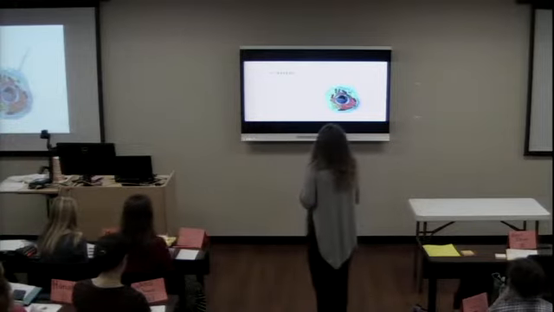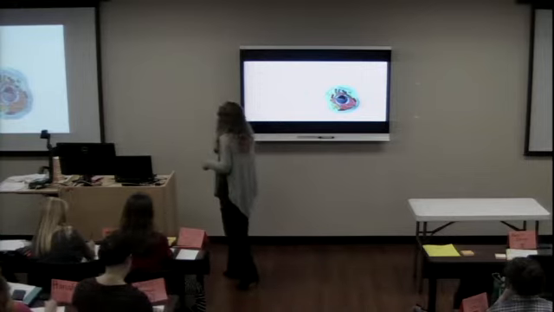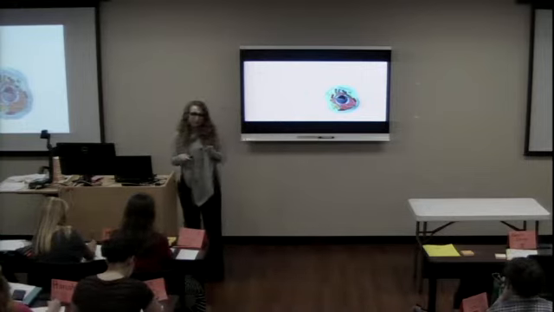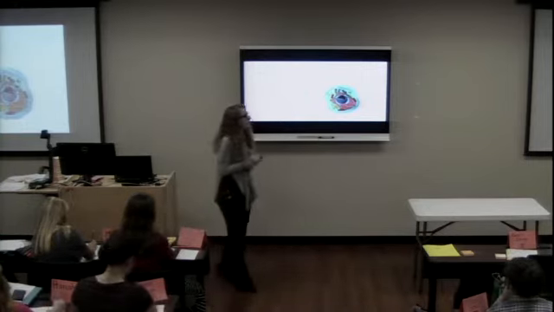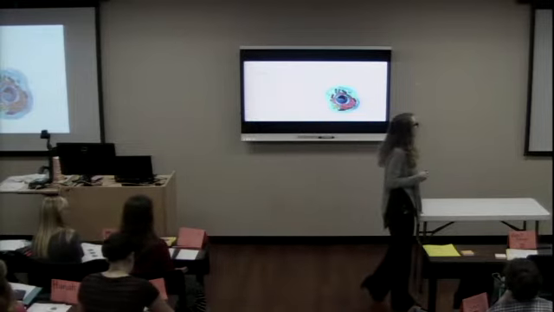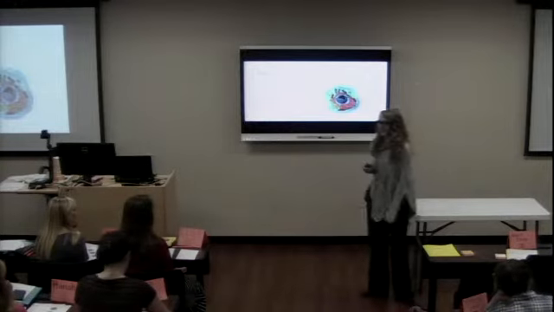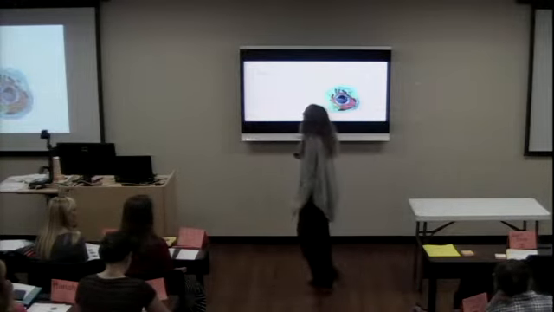All right, and so now we're on the vacuole. And the vacuoles are organelles that store food, water, and waste. So it's kind of like its little stomach for the cell. Does everybody have that? Not yet? All right, keep rolling.